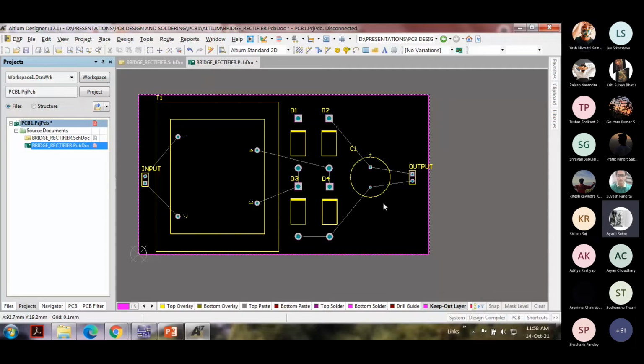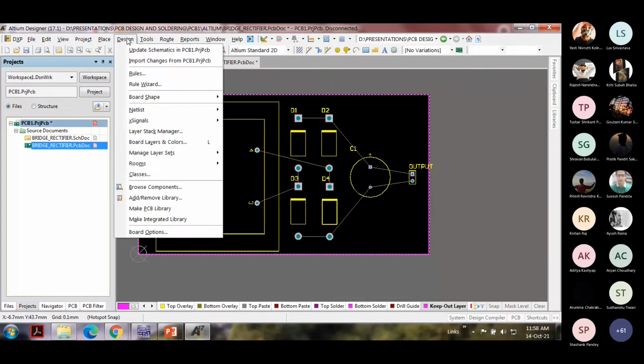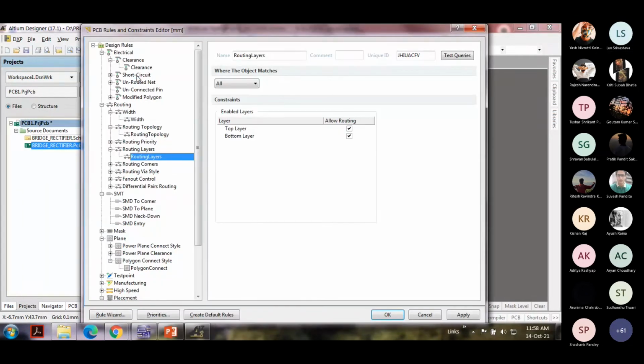Yes, sir. What is the next step in the flow chart? If you have copied down the flow chart, it is to set the design rules. So click on design, pay attention here very carefully. Click into design and the rules. Now here you'll see a lot of information here, a lot of parameters, lot of rules, but a few of them are really required for us at this point of time.